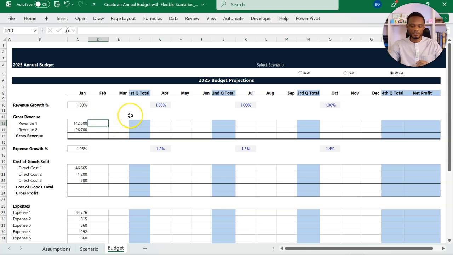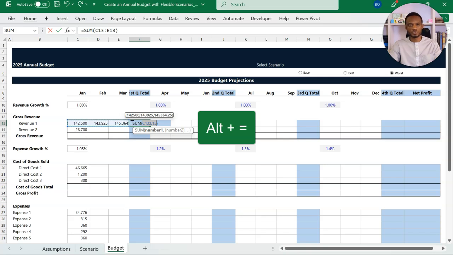So when I'm here, the growth rate is January. Then I would adjust it by this one, right? Now what you need to do is ensure that you lock this on the row side. Okay, so this is going to be for February. March is going to be another calculation. So March is going to grow on February. Multiply this, open bracket, 1 plus this growth rate. Lock this at row level, dollar sign on the row, and then I have something like this. Then for my first quarter total, this is going to be an alt equal to taking the 3 values